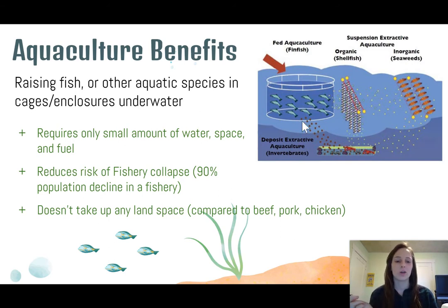If you look here, there are a few different examples of how aquaculture can be used. So you might have these enclosures where you're growing fish. You can also grow shellfish. You can have seaweed. Think of all the ways that these are eaten. You can have invertebrates like urchins and lobsters, and you can use these to feed each other, and you can grow them each separately in different areas of the ocean. But these are all different things that can end up being grown with aquaculture.